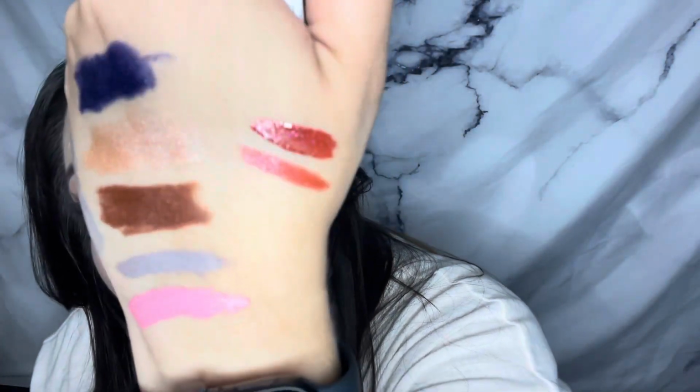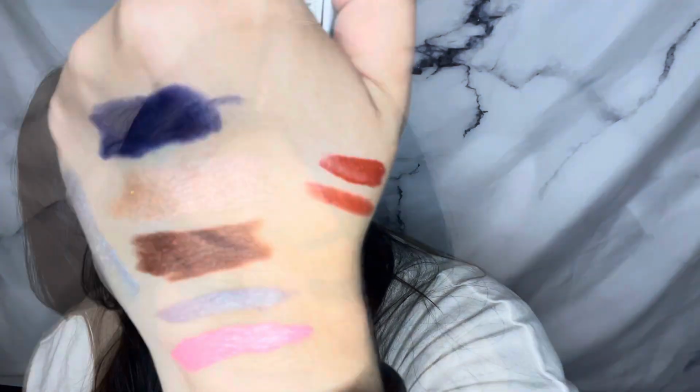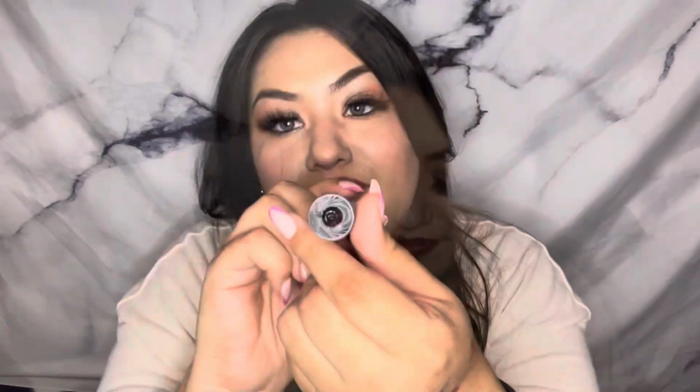Ooh, that is super pigmented and shiny. I have two other Hard Candy Glitterazzi products. The first one is the Glitterazzi Press and Play Lip Color. This one is in the color Glamour. Right here. Oh,